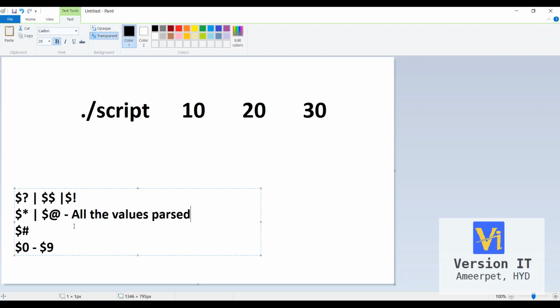And what is $#? $# is nothing but the number of values. So how many values are there? Here it is 1, 2, 3. So in total, 3 values we have passed here. Okay, and whereas $0 is nothing but